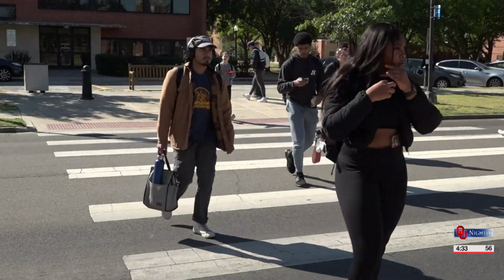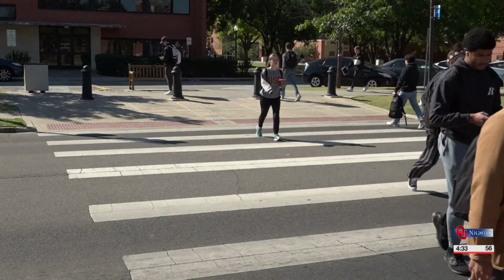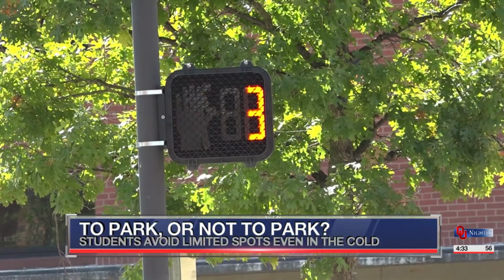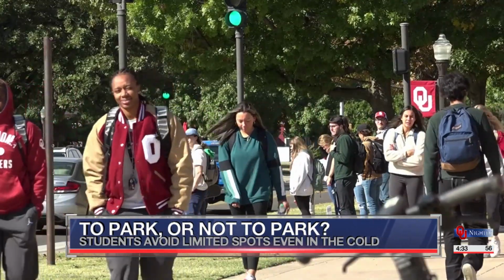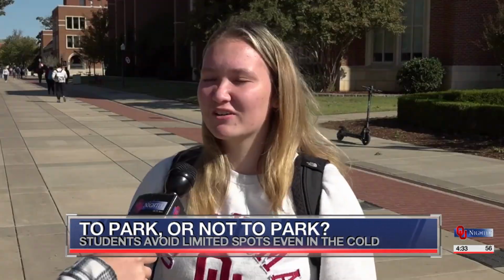Amaya, Addie, due to a lack of parking spaces available on campus, students tell me they're avoiding using these passes altogether and choosing alternative ways to get around. Walking to class. For some, it's a good exercise. For others, it's a way to escape having nowhere to park. Parking, it's so hard to find, so...